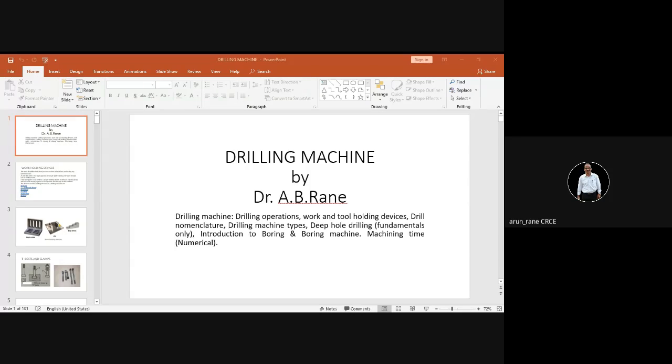We have also seen that feed rate can be expressed as millimeter per minute. Now here there is a twist in case of milling. In case of milling machine, the cutter is rotating. In case of lathe machine, the workpiece is rotating, that is, the job is rotating.